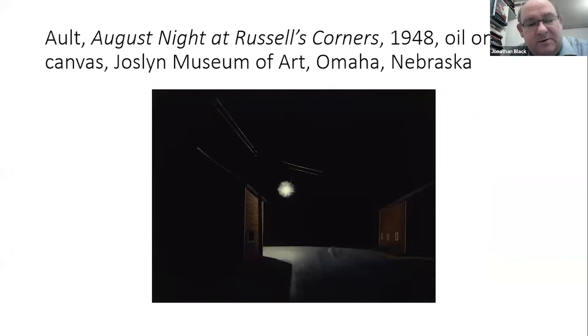And the last work I want to talk about, one of the last works he painted before he died, is August Night at Russell's Corners, which was painted in August 1948. By this point in time, his wife later recalled, he was becoming rather paranoid. Ironically, given that he was beginning to sell work, he was worrying that the government was wanting to take away his money,